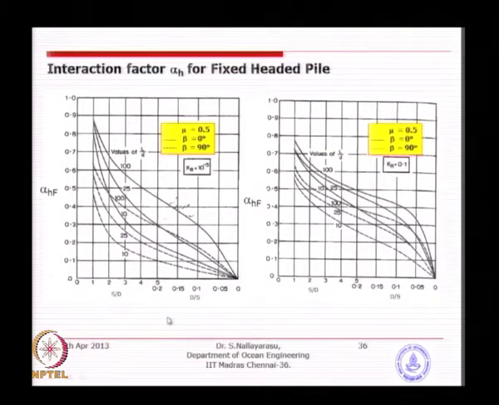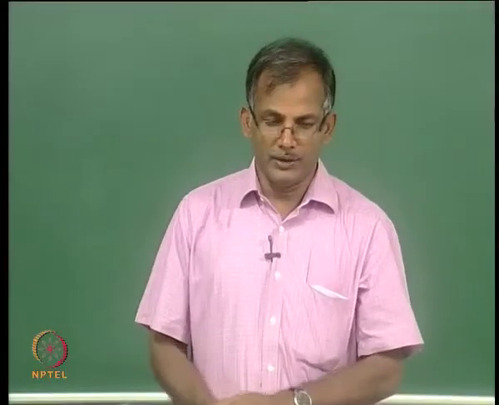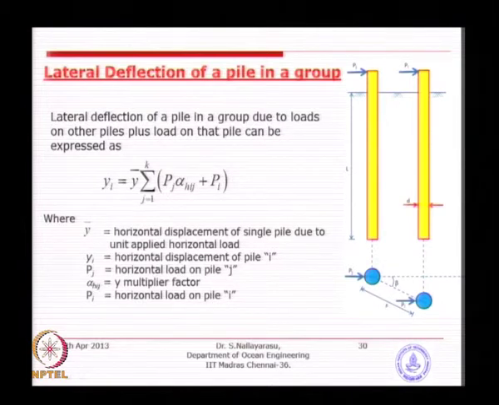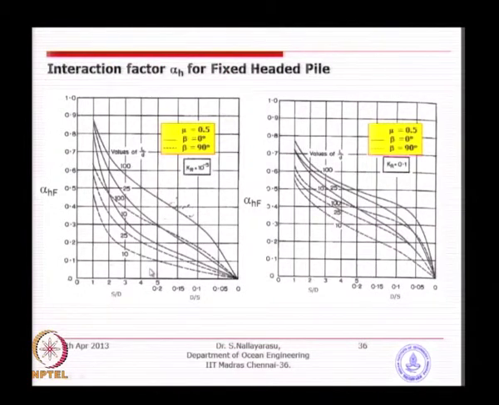Here, what is the difference? Here is S by D against alpha h for a Kr value of 0.1 and a Kr value of 10 to the power minus 5. So, you have 2 different Kr values, and this is typically for a 2 pile system. So, when you go back to this picture, based on this numerical scheme, he has developed this and solved the equation on a computer and plotted these graphs for 2 piles. Suppose you are interested in solving for more than 2 piles, you have to go back to the matrix equation and solve for your particular case.